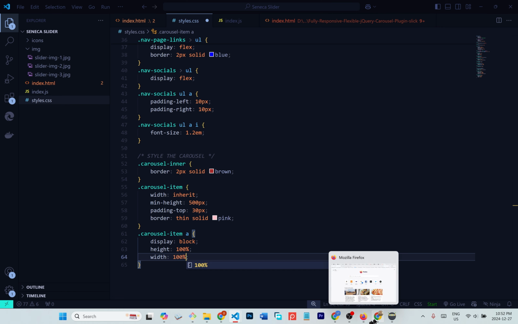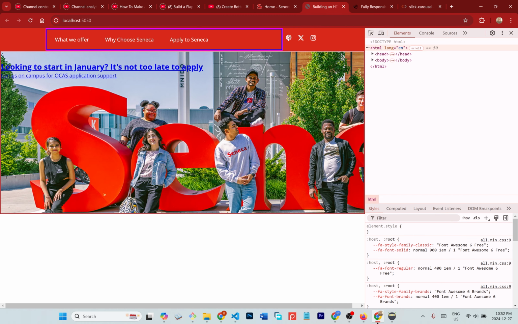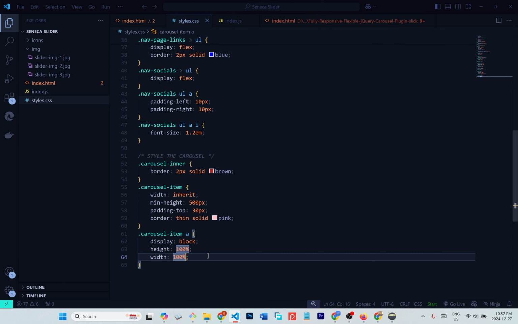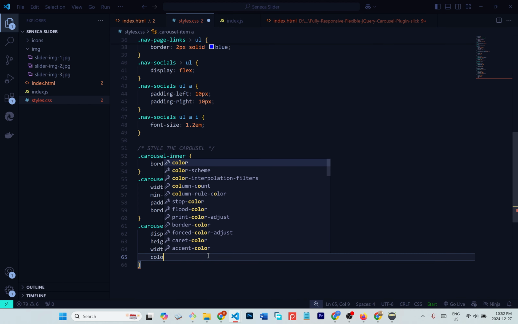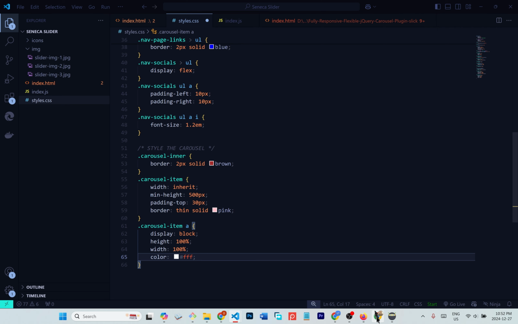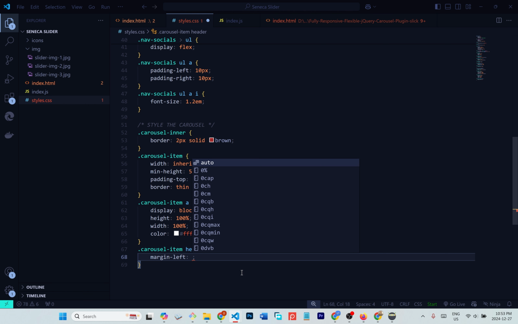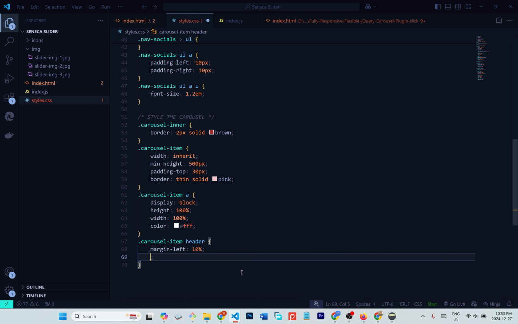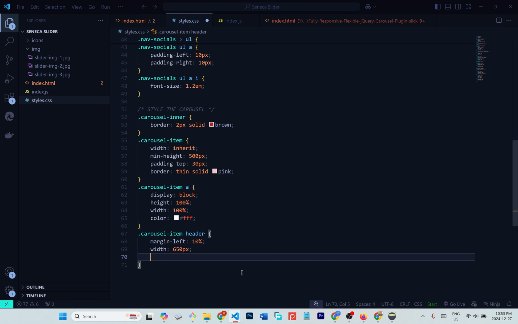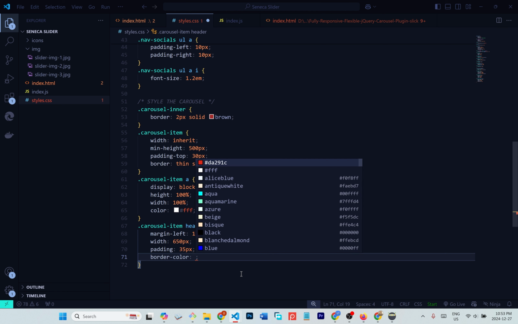Then I can just come here and reload this. Okay, we're getting somewhere. Give me a white color. I don't want that blue color. Give me a white color and yeah, that's cool. Then the next thing I want is to start the header. So I can see carousel item header and I can just come here and say margin left, and the margin left is 10%. Then I want the width to be 650 pixels. Give me a padding of 35 pixels, and the background color